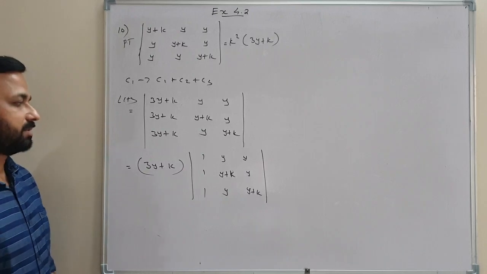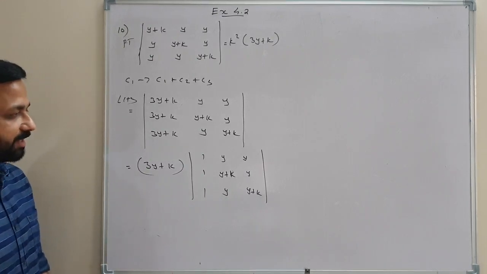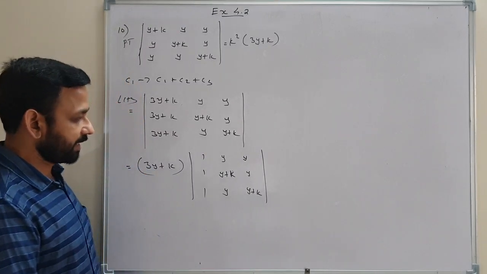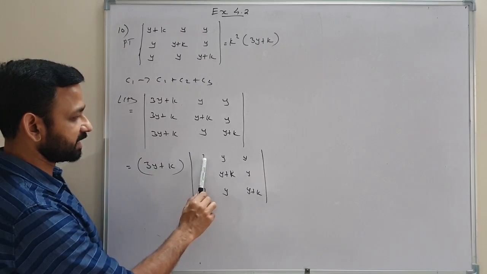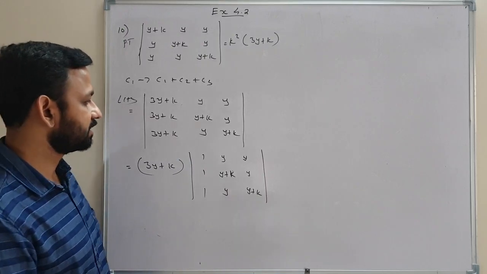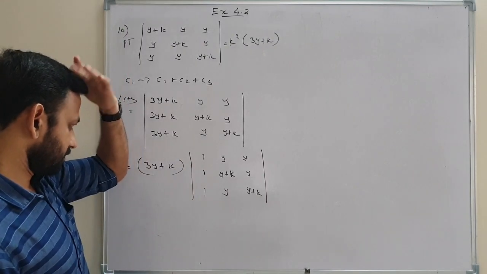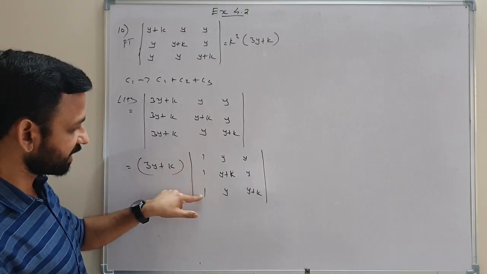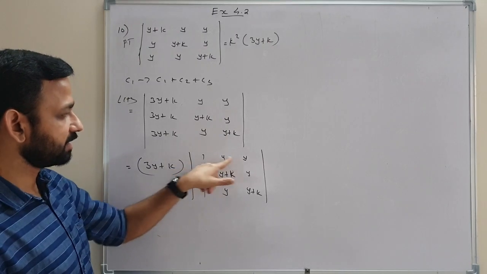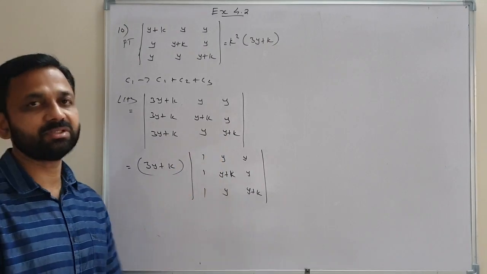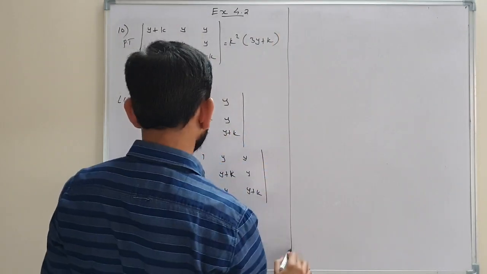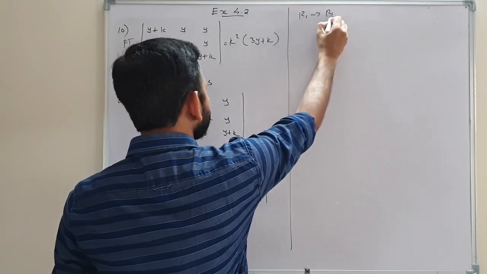Now we got a 3 by 3. We want to reduce it into a 2 by 2 determinant by using a property. So we have the same elements here, 1 1, y. So if we write r1 tends to r1 minus r3, 1 minus 1 is 0, y minus y is 0, then we will get the 2 zeros here, then we can reduce it into 2 by 2 form. So that is the operation r1 gives r1 minus r3.